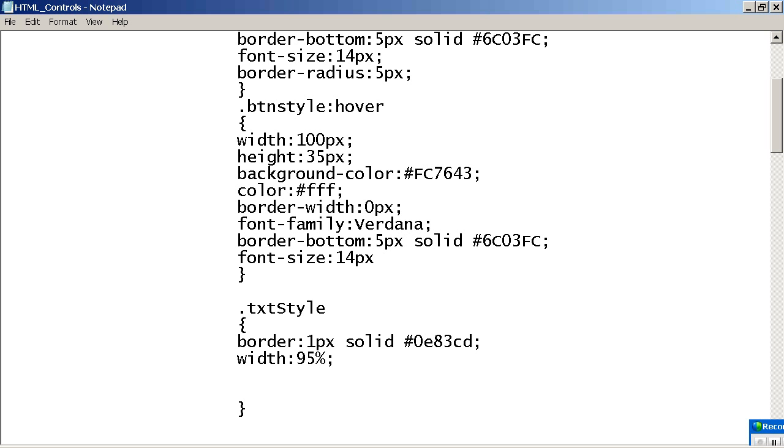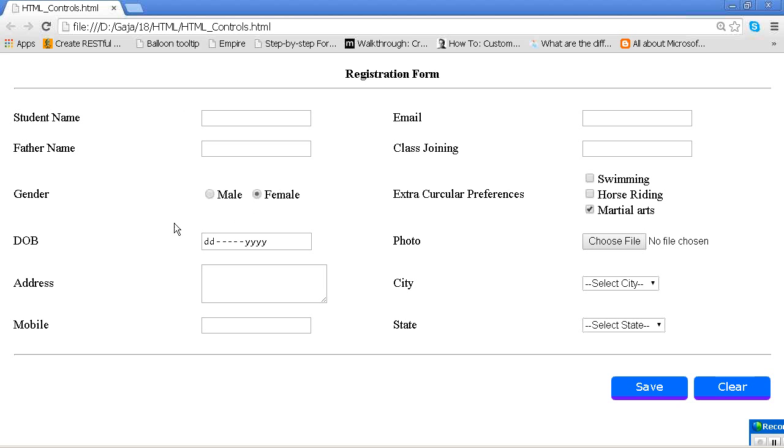Why is it 95%? For example, this text box resides in this TD, right? If I know what the parent TD is, as there are 4 columns, how much will each have? 25%, 25%, 25%, 25%. If you give the text box a size of 95%, then among this 25%, 95% of the width will be occupied by this one. Imagine you have only 2 columns, then the first one will be 50%, the second one will be 50%. In such a situation, among the 50%, 95% will be occupied by the text box. This is the general rule. Are you understanding my point or not?